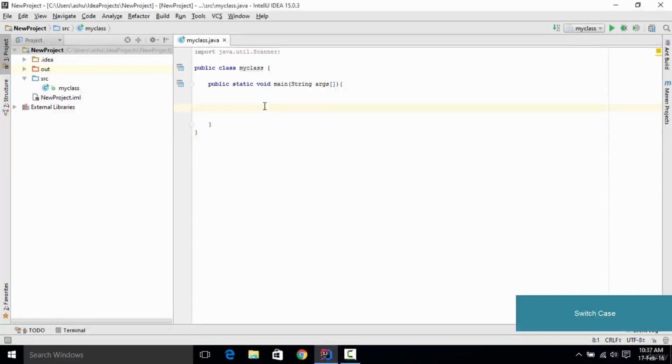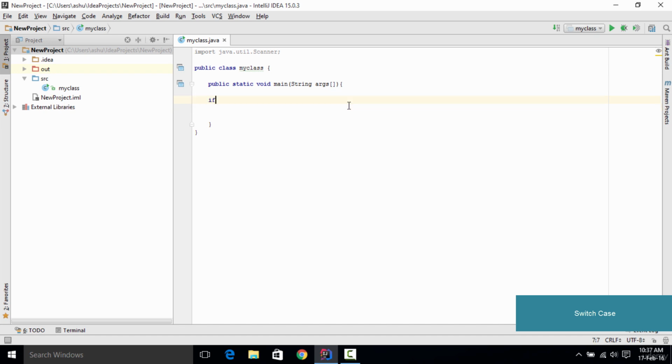Hello and welcome to this tutorial. In this tutorial we are going to learn something about the switch statement. Let's say you want to create a Java program in which, depending upon different ratings, you want to comment something. Say we have a rating from 1 to 5, and depending upon the rating we want to comment something. For rating number 5 we want to display a comment as excellent, and for rating number 1 we want to display very poor. In that case we could have a variable called integer rating,